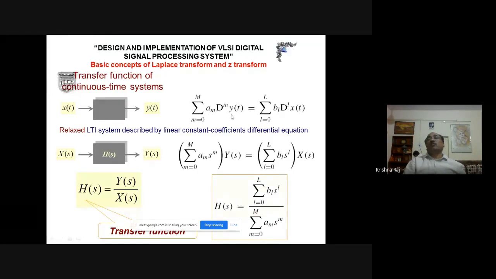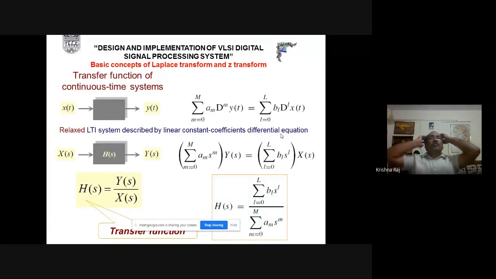If we are interested only in y(t), then what will be the value of y(t)? At that time, say m is 0, this will become a0, and the differentiation will become 0. So a0 y(t) will become this value minus this term, but m starts from 1 to this one here. So this will be a mathematical model of the dynamic system, that is also known as the ARMA model, auto-regressive moving average model.